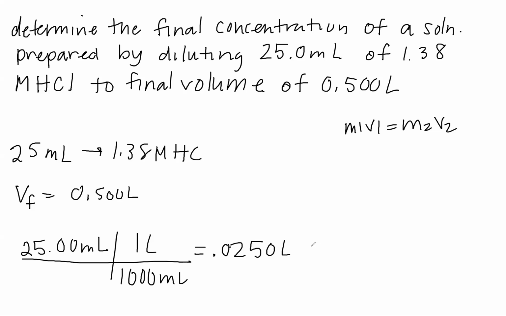So we have our 0.25 liters, and we're going to multiply that by 1.38 per liter, times 1 over 0.500 liter. So 0.025 times 1.38, divide that by 0.5, and we should get